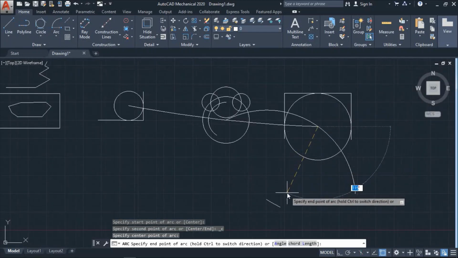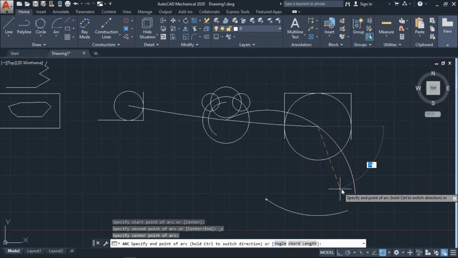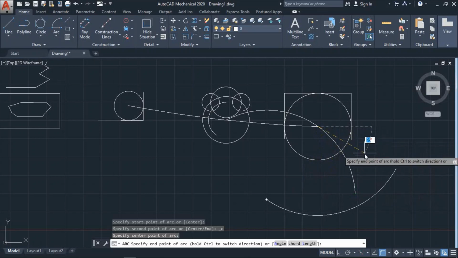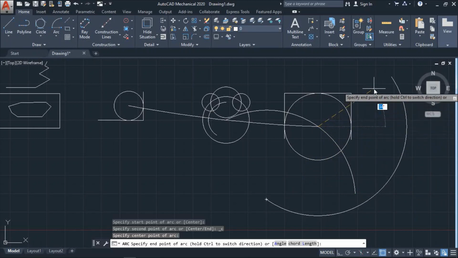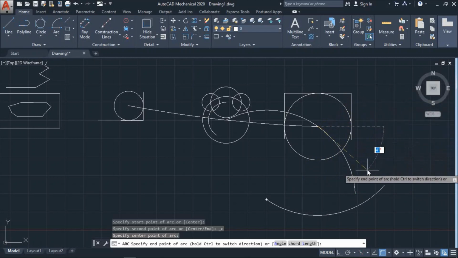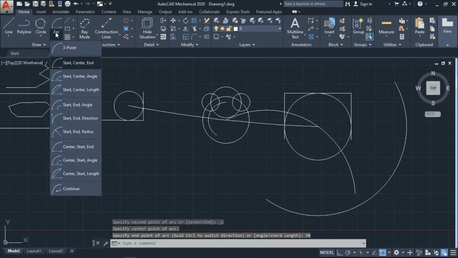From the start point to the center point, it is going to consider the radius, and you will get a circular arc as you require within the angle. Now I'm going to set it as 30 degrees. Means it is going to be from here to here, from the center to this 30 degrees, and the rest is here, which is as we require.